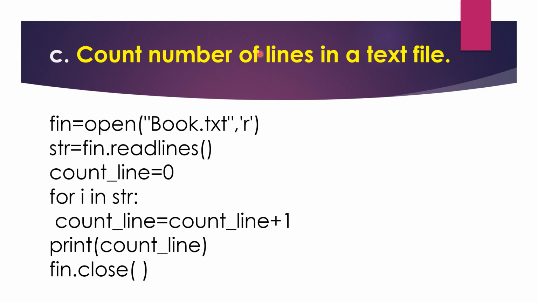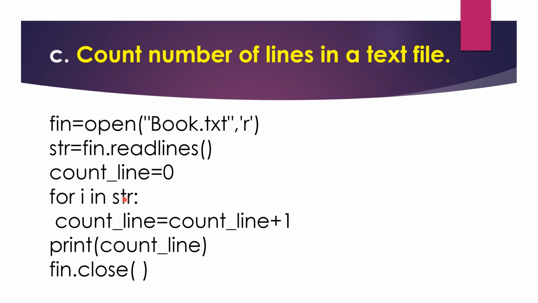So it will run in three loops: first, second, then third. So here also it will read similarly. Here we are assigning the value of count line initially as 0. Since the loop will run three times, as an example I have taken this, so this will be the first line, this is second, this is third.